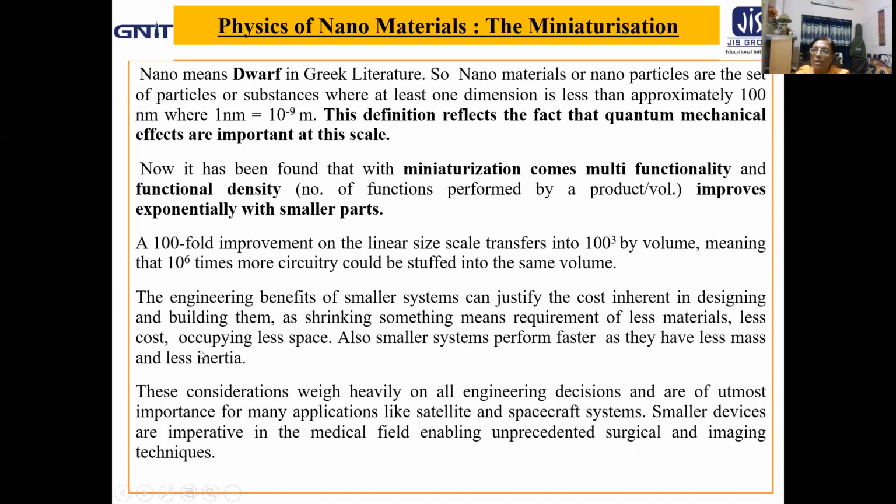So from all practical points of view, these are the engineering benefits of the smaller systems which are used in different technologies: less material means less cost, less space, and faster work. Depending upon these considerations, different engineering decisions are taken and are of utmost importance in